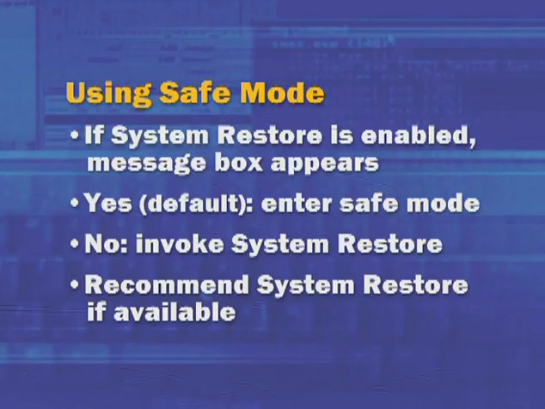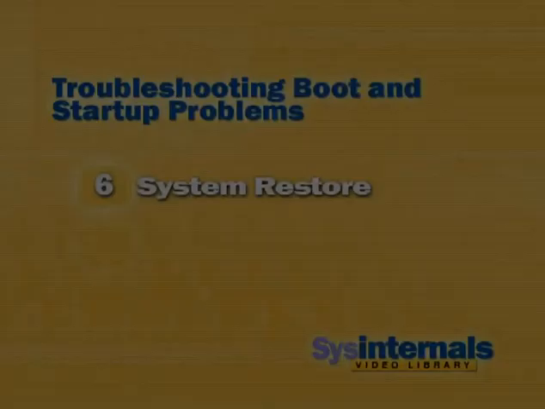So that's one option if you're using System Restore: just press No, bring up the System Restore dialog, pick a date in the past when you knew that the system was working properly, and let Windows roll your system back to a known working point. On the other hand, if you've made a number of changes that you don't want to roll back, or you need to perform some manual analysis, then press Yes, and you're going to basically sign in. Explorer is going to come up, or the command prompt if you chose safe mode with command prompt.